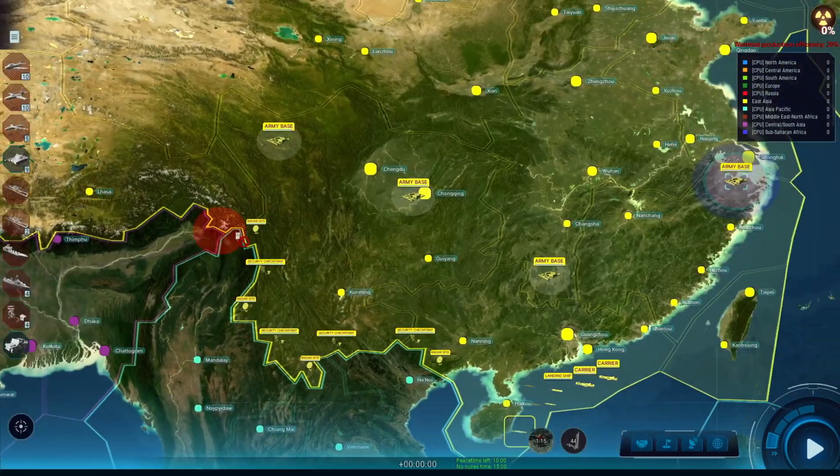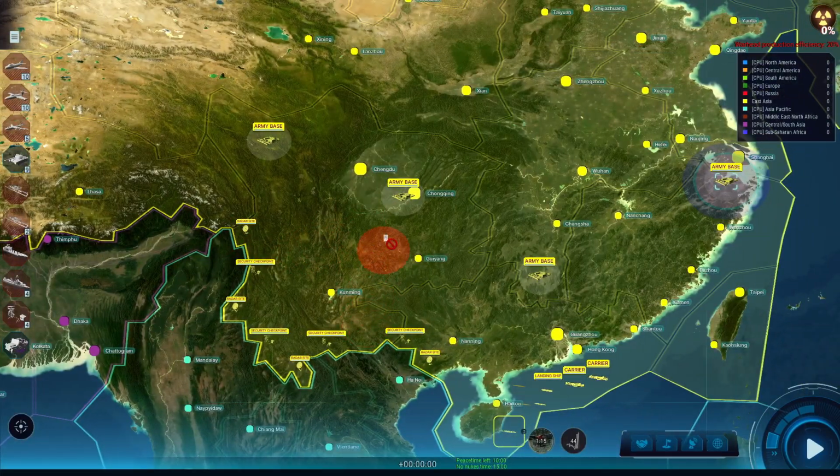And now we're gonna put army divisions. You can't just place them, you have to put them in an army base. If you hit shift, you can place multiple. So we're gonna place them into the army bases that are here. You then have to use the airplanes to get them out. And then